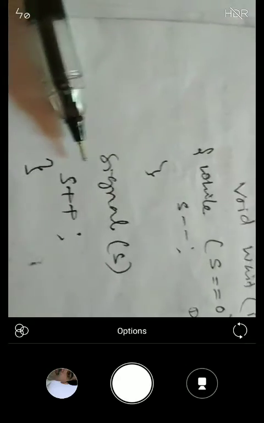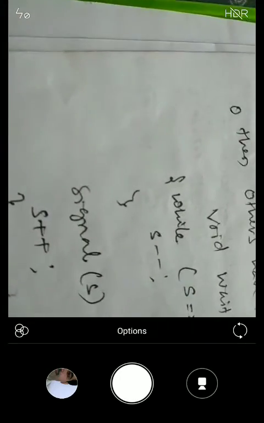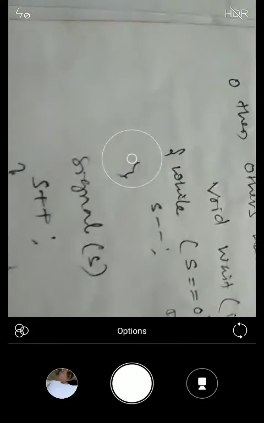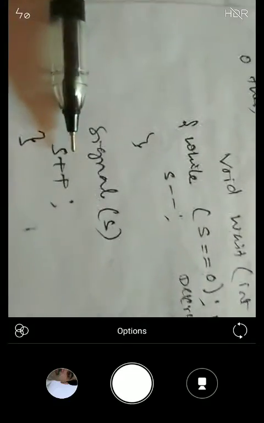Similarly, we come to signal. What is the role of signal? Signal will increase the value of the semaphore. When s is equal to 0, a process is in the critical section. When a process finishes its critical section job, it comes out by setting s as 1, that is s plus plus. The purpose of setting s to 1 is to make sure that other processes come to know that they can now enter their critical section.